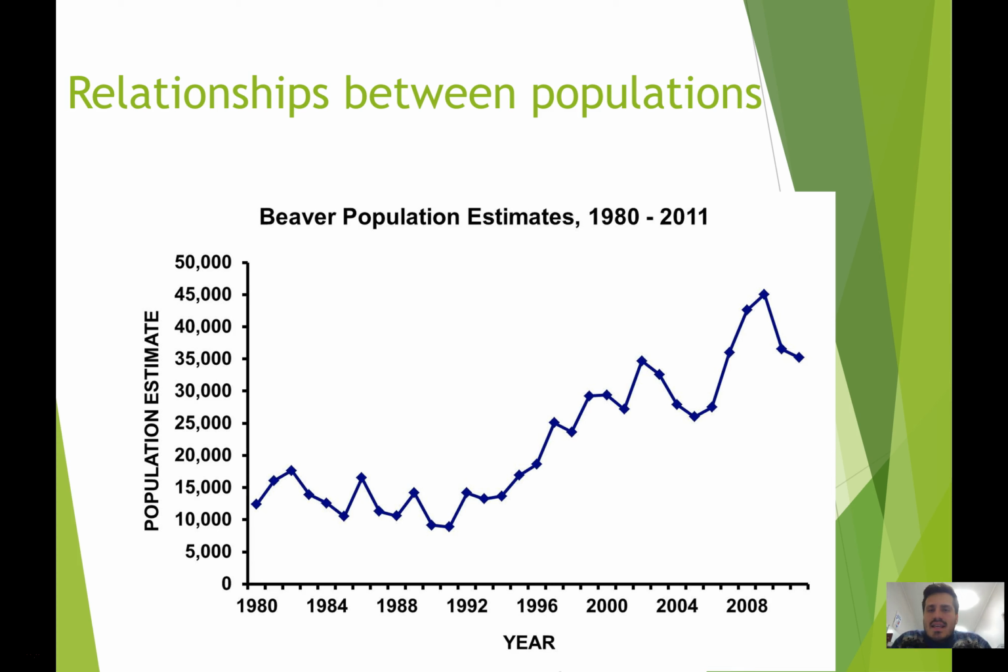What we mean by this is a good example of a predator for the beaver is the coyote. So I'm going to show the coyote population in red. Obviously the coyote population is a lot lower than the beaver population. Let's say in 1980 the coyote population might have started off at around 2,500.